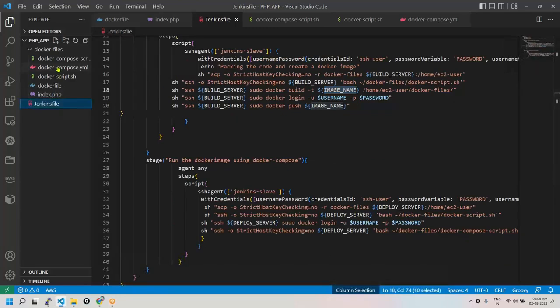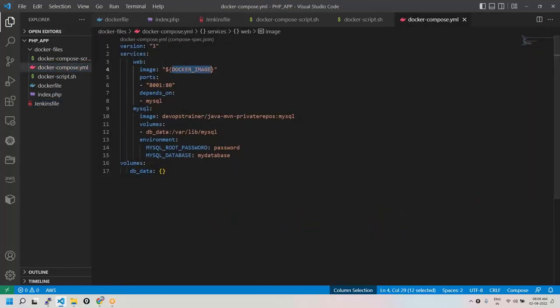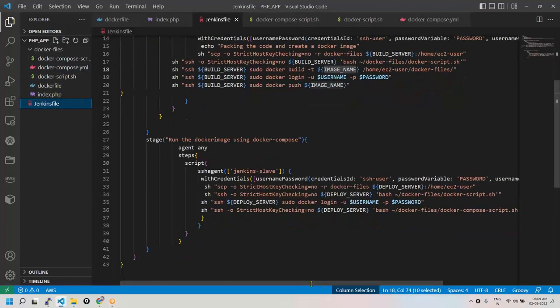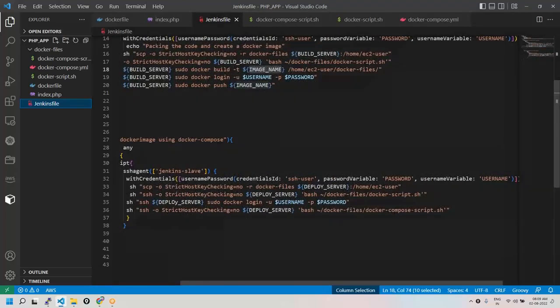So in Docker Compose, I don't want to hard code this image name. Hard code means I don't want to use a constant. So I don't want to hard code the image name, so I'm using a variable. But how do you pass a variable to Compose from a shell script? If you remember our shell scripting, which we did in the first week or second week of our course, I have shown you can call a shell script by passing some parameters, right? Say I'm calling docker compose script.sh and then pass the parameter. Here the variable is